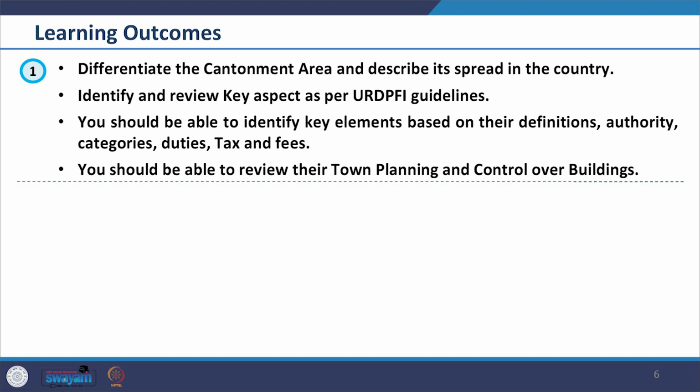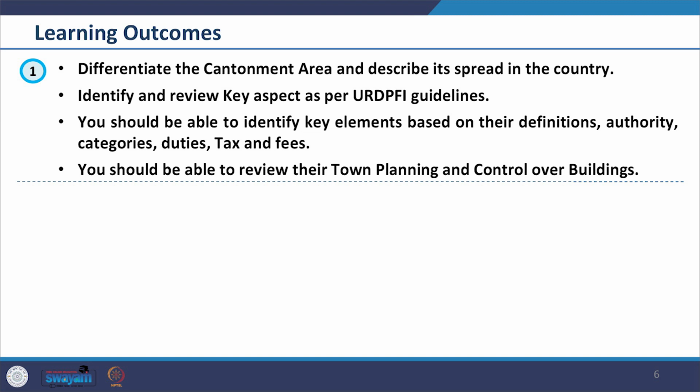Accordingly, the expected learning outcomes are that after completion of this particular section, you should be able to differentiate the cantonment area and describe its spread in the country. You should be able to identify and review key aspects as per the URDPFI guidelines, as well as you should be able to identify key elements based on their definitions, authority, categories, duties, tax, and fees. You should be able to further review their town planning responsibilities as well as the control they have over the